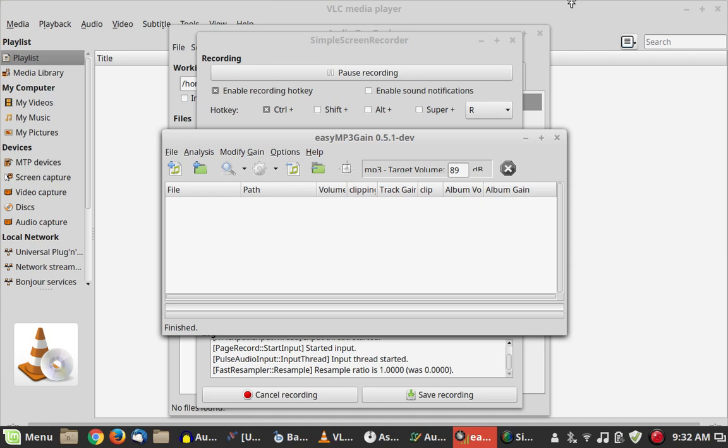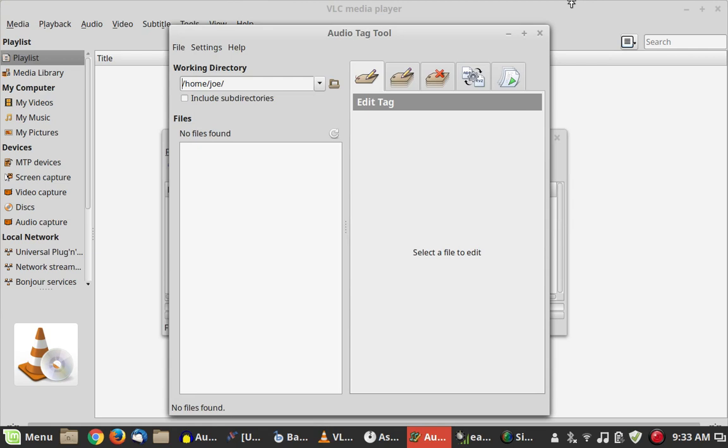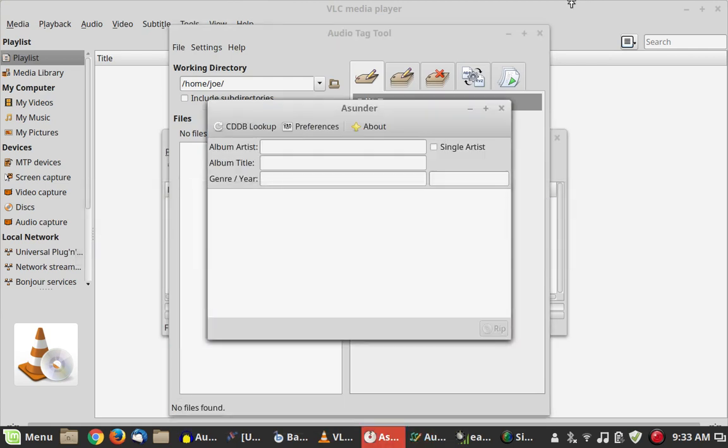And the nice thing about MP3Gain is that it does not actually re-encode the file. It's lossless. It just goes in and sets each frame of an MP3 or an OGG file to a certain playback level, and that's it. And it's non-destructive. You can just reset the levels in the file if you want to. So that's a great tool to have around. Let's see what else we got here to talk about.